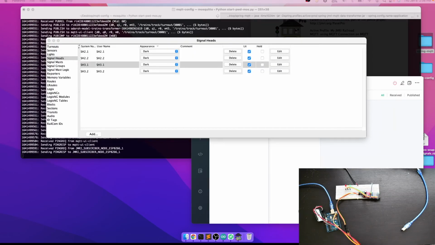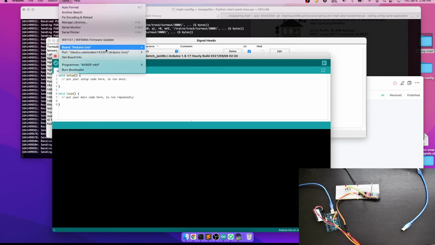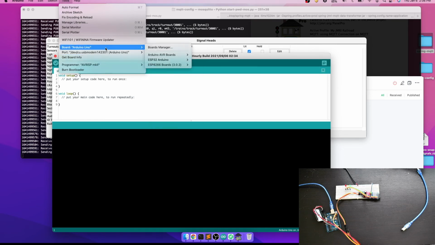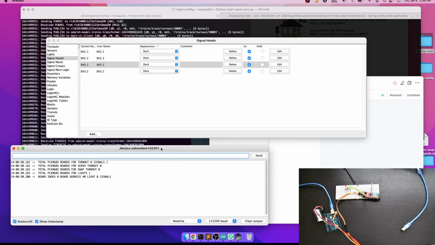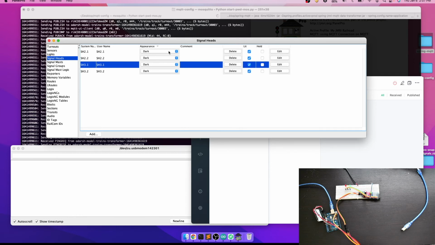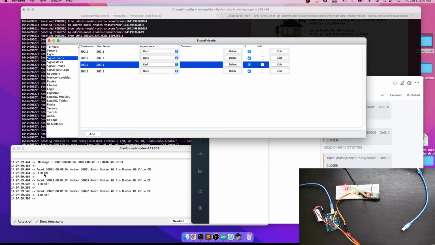So now we'll test our things, but before that I'll open the Arduino terminal, basically the serial monitor, so that we can monitor what is happening in the Arduino here. So here you can see everything is cool. So let's clear this, and here I have cleaned the history for MQTT, and let's make it red. So here you can see red is on.